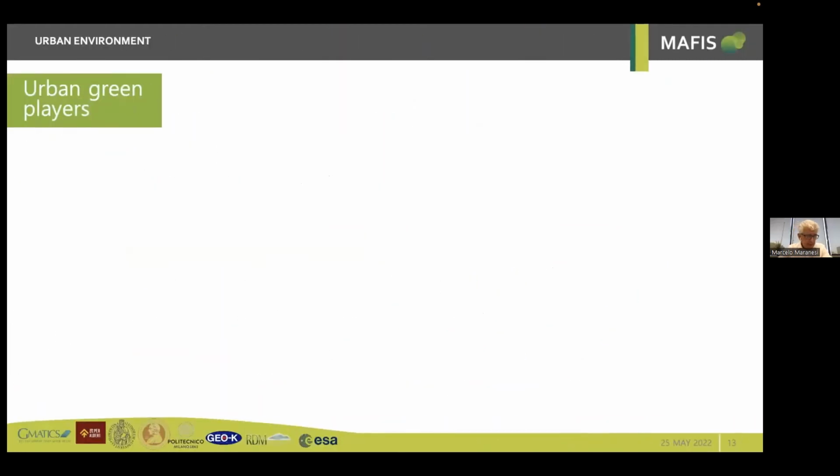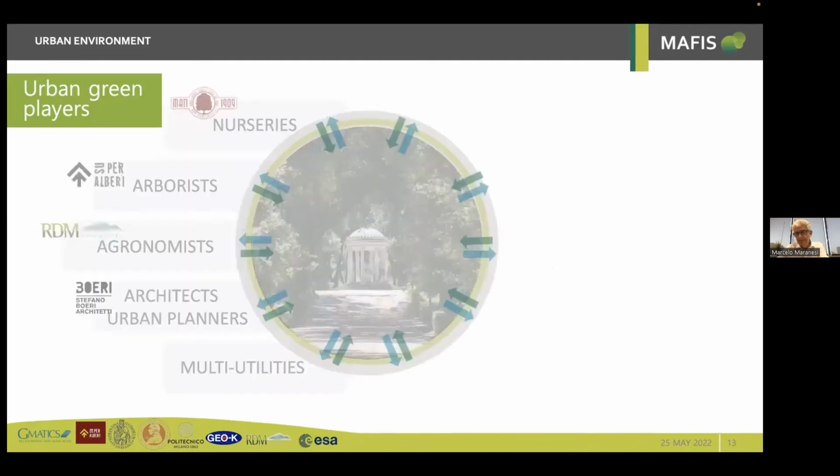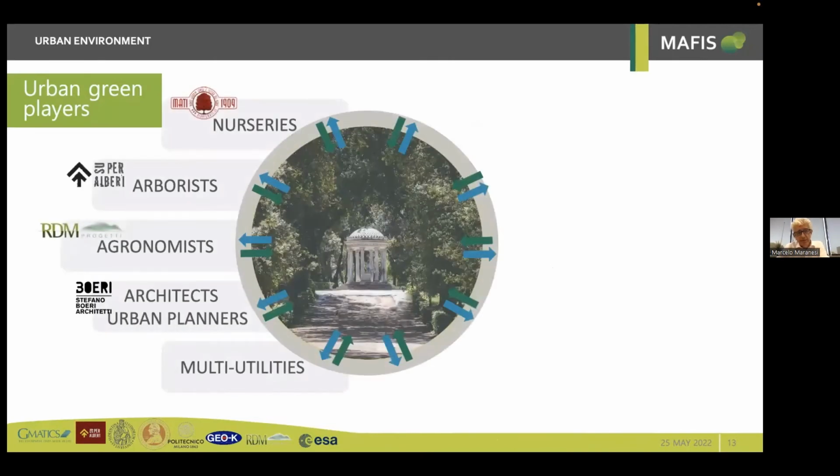In doing this exercise, together with ESA, we have planned the involvement of several players that are interested in the urban green areas. On the left side, we see the value chain that starts from nurseries. They produce the raw material for planting new trees. And actually, there is a shortage of